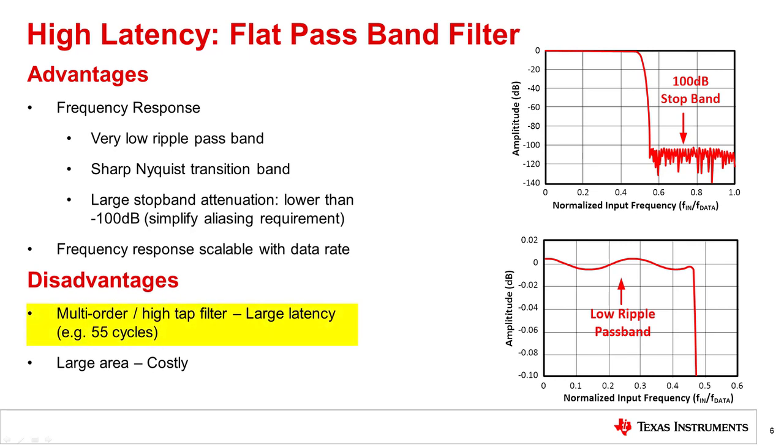The main disadvantage of this filter is that it has high latency. A typical latency for this kind of filter could be as high as 55 conversion cycles. In other words, if a step input is applied to an ADC with this kind of filter, the output would not be settled for the next 55 conversions. For an AC sinusoidal input, this latency amounts to a group delay effect. This group delay and settling is similar to what happens with a discrete RLC network. Later, we will also look at this in more detail.